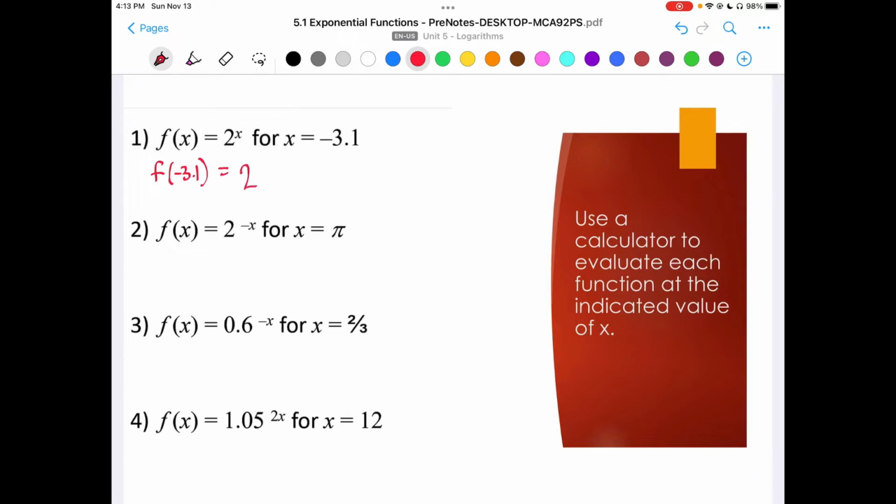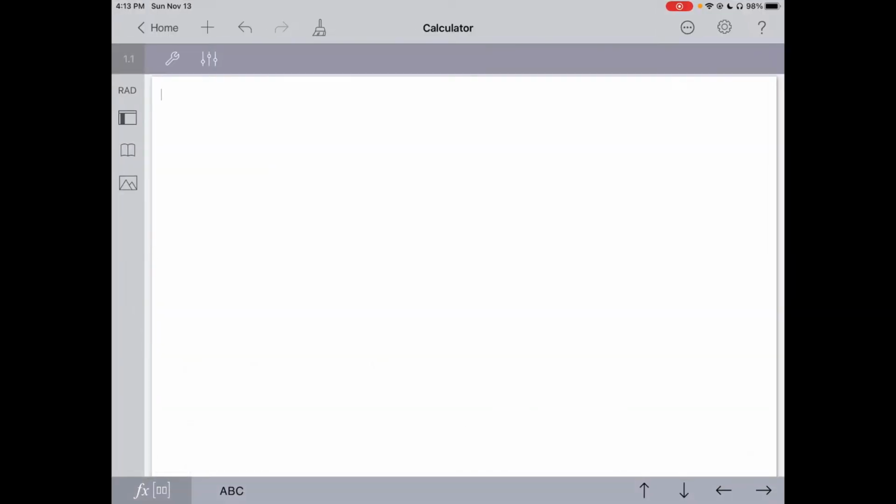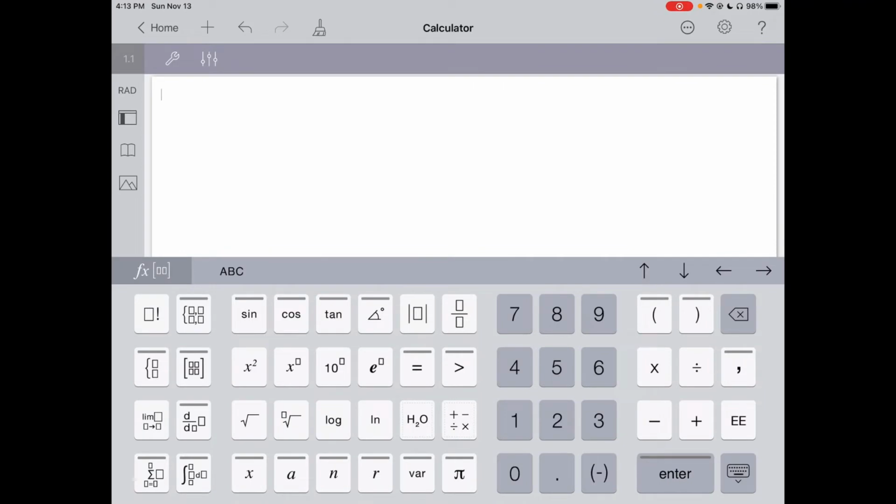So we're going to go ahead and plug these into our calculator. I'll invite you to do that with me. I will say 2 to the, and I'm going to say negative 3.1. Hit enter, and it gives me